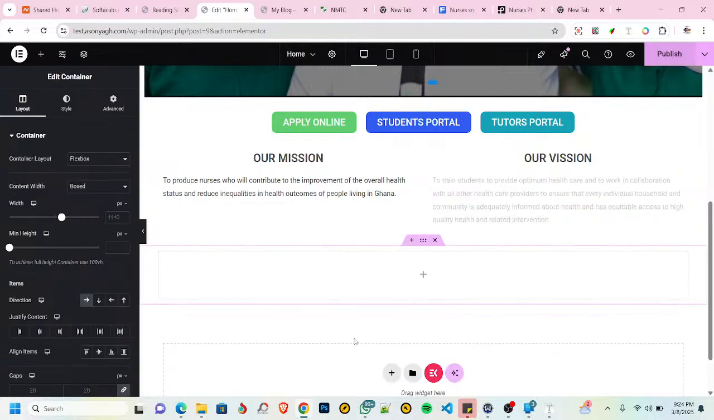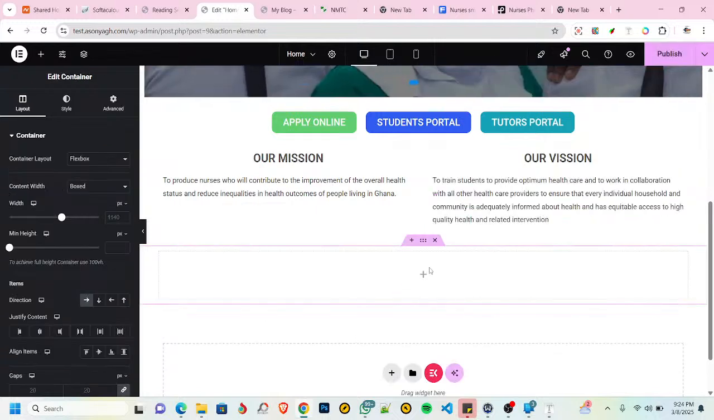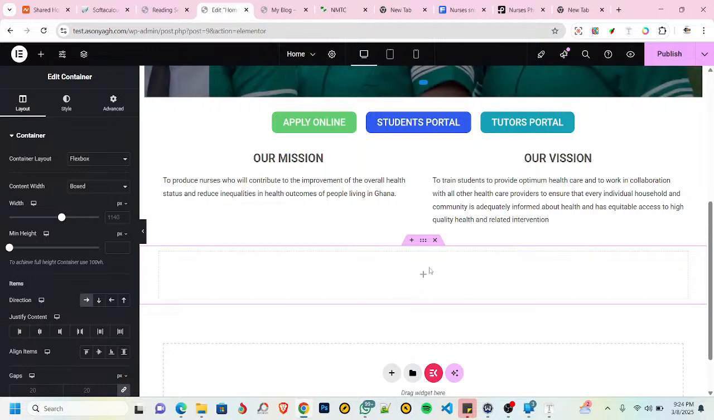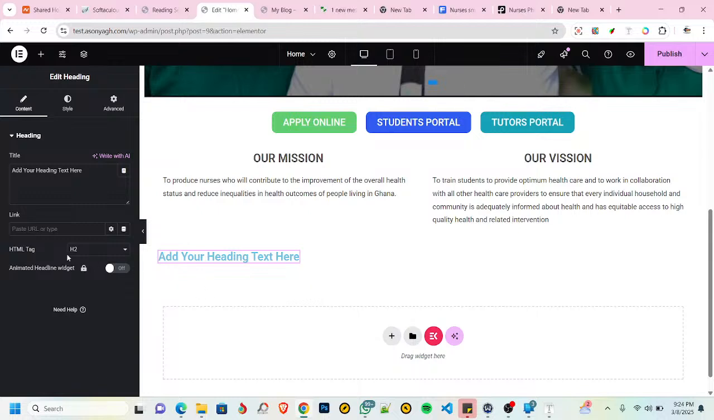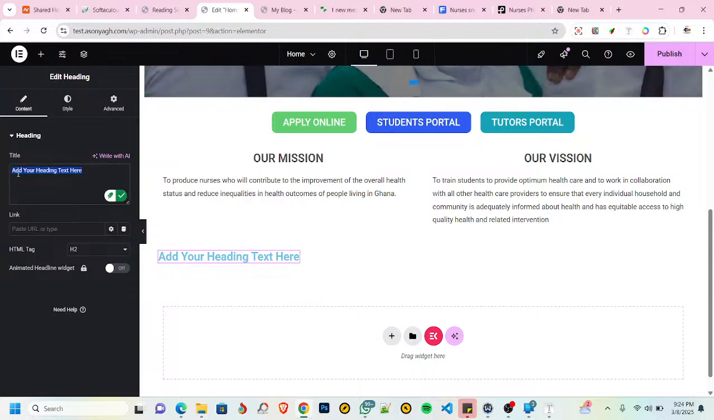I'll add another container. I'll add another container and then I'll add a heading. It's called what do you know about MMTC secondary? So I'll just change this heading to